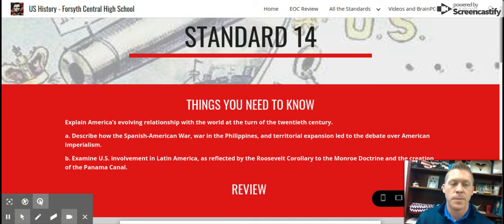So the phrase "speak softly and carry a big stick" comes into existence by Teddy Roosevelt to say "speak softly," meaning we're going to try to negotiate. We're not going to yell and scream and rant. We're going to do the best we can to have a civil discussion with you. But if that doesn't work out, if our negotiations fall through, then we're going to carry a big stick, meaning we're going to use our military to enforce the protection of the Western Hemisphere. So we more or less become the policeman of the Western Hemisphere.